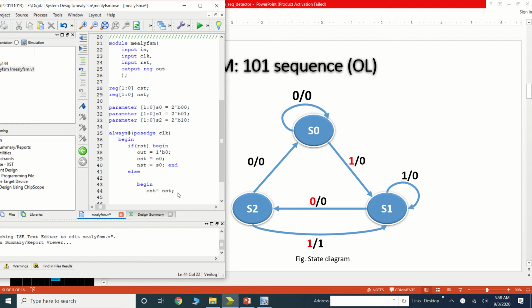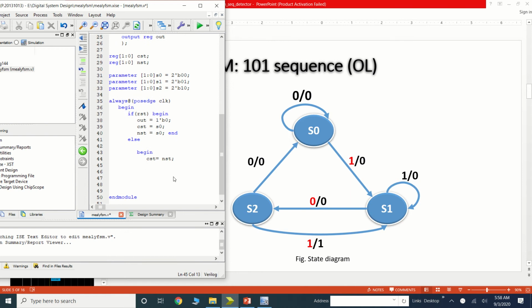Now you can see on the right hand side we have the different states, and for each state we have 2 possibilities, whether the input is 0 or 1. So we are using a switch case on the current state. Let's start with each state. First S0.